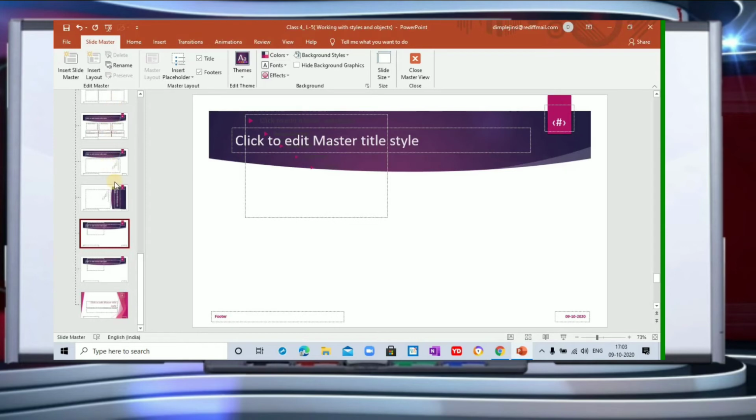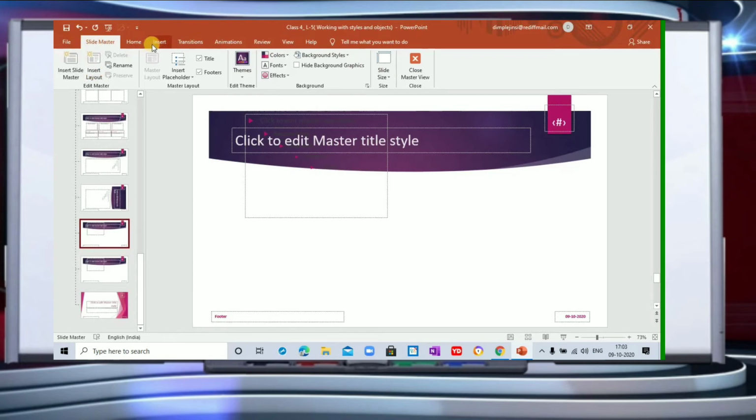Whatever content you write in your slides, maybe you have 10 slides or 20 slides, you write down the content and place images, whatever you want. But if you format, that formatting would be common for all the slides. That gives a beautiful look to your presentation. So this is what we can do in Slide Master.